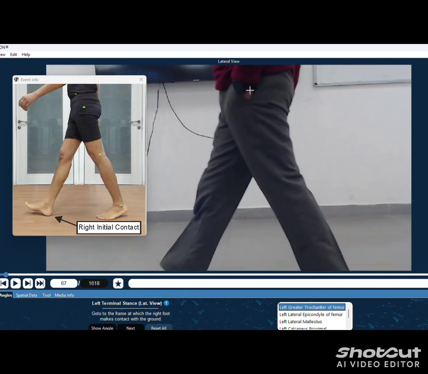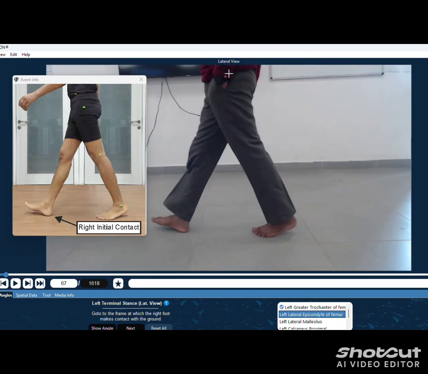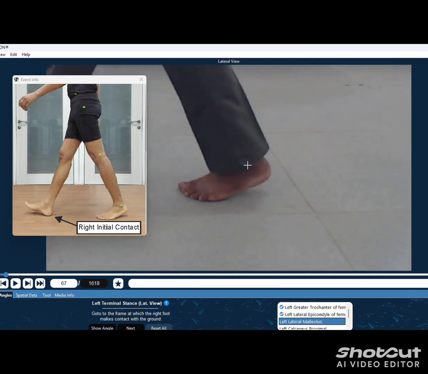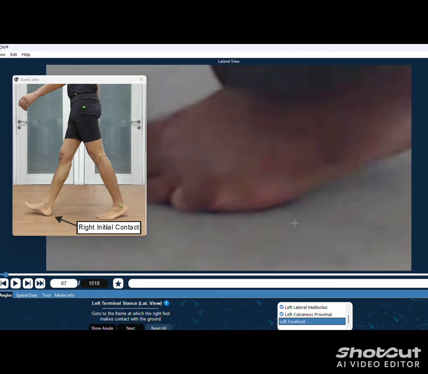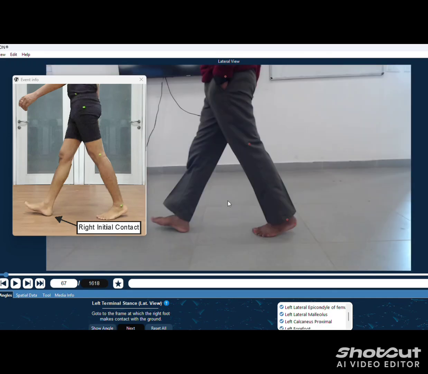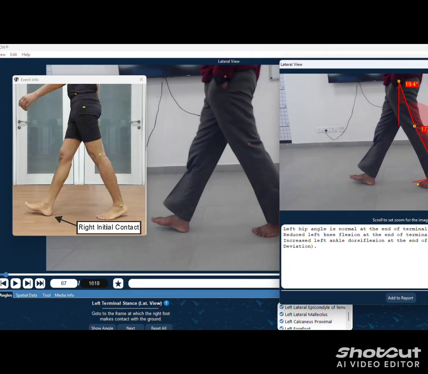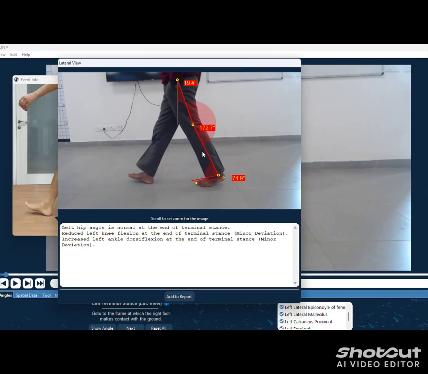After that place the marker. All pointers which we used in this section are the same. Then click on show angle and add to report.